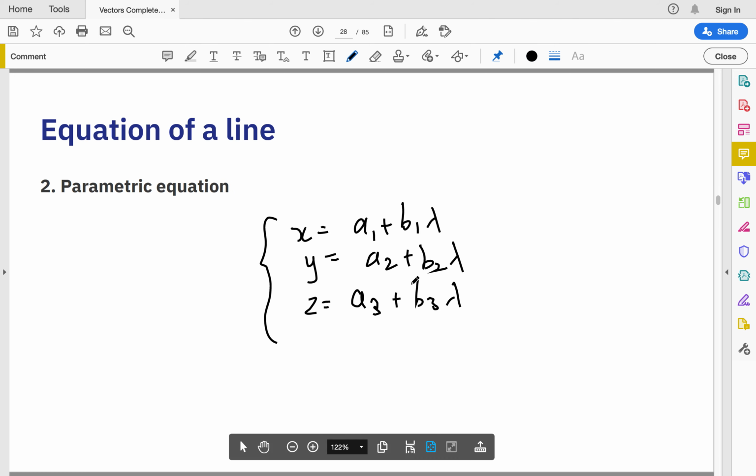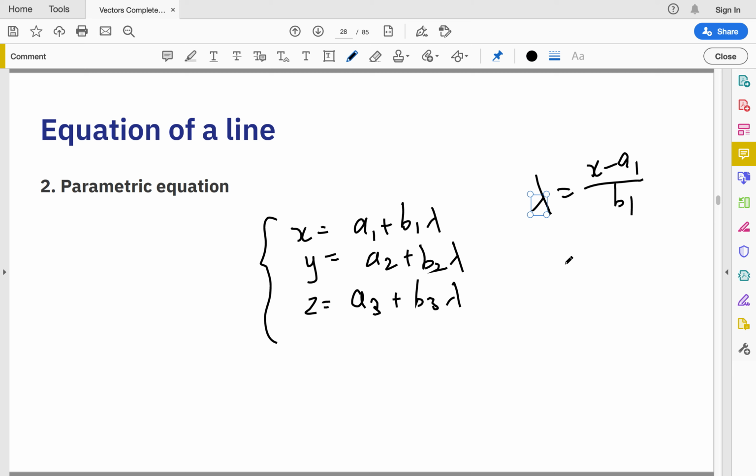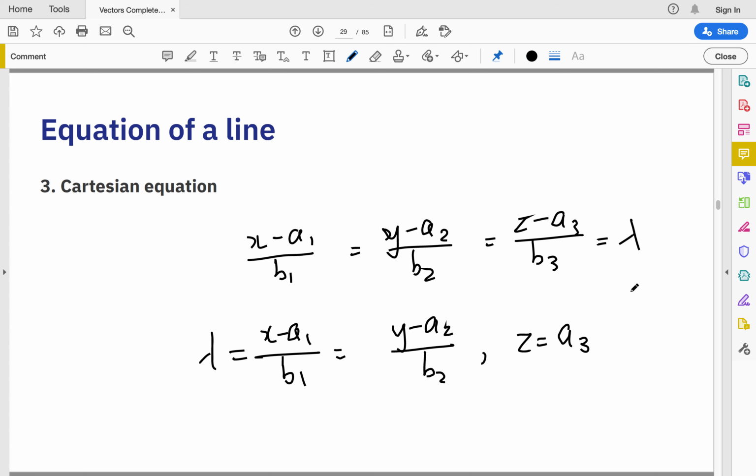And if we write it in this form, a system of equations as denoted by this curly brace over here, this would be what we call the parametric equation. And if we simplify this even further by equating all the lambda values together, so for example, lambda equals x minus a1 over b1, lambda equals y minus a2 over b2, lambda equals z minus a3 over b3. If we were to equate all of these equal values of lambda together, what we get is the Cartesian